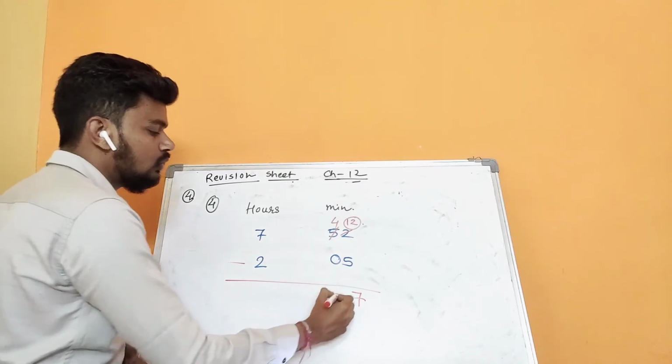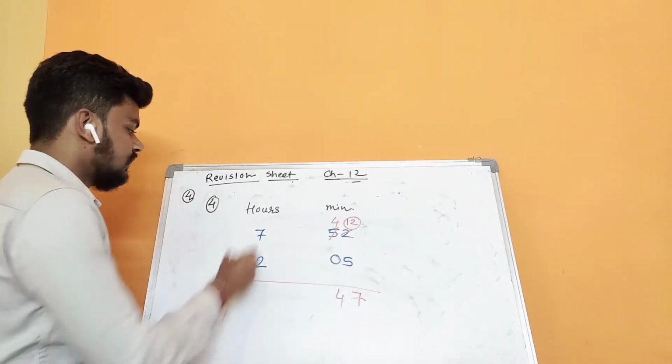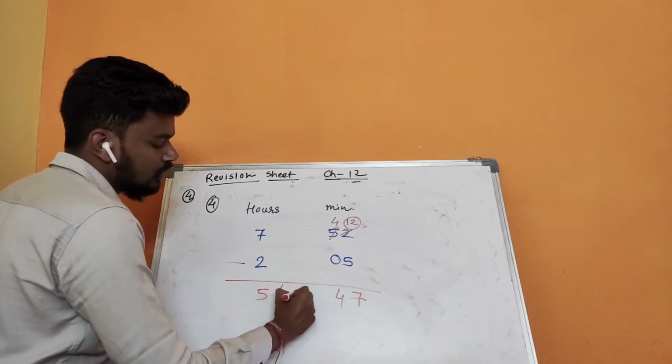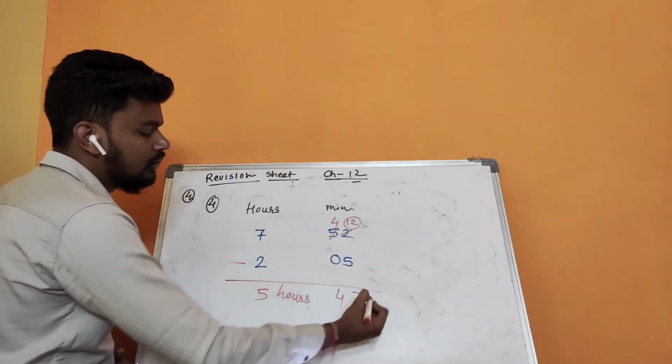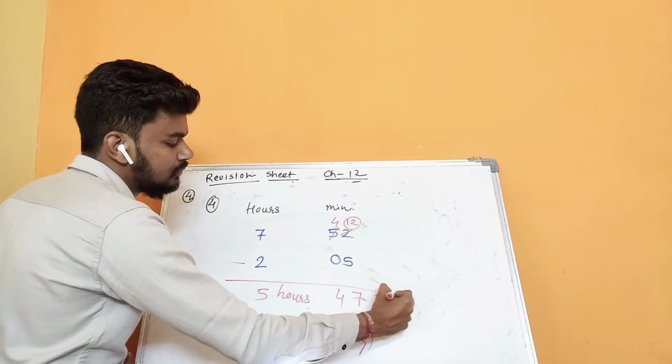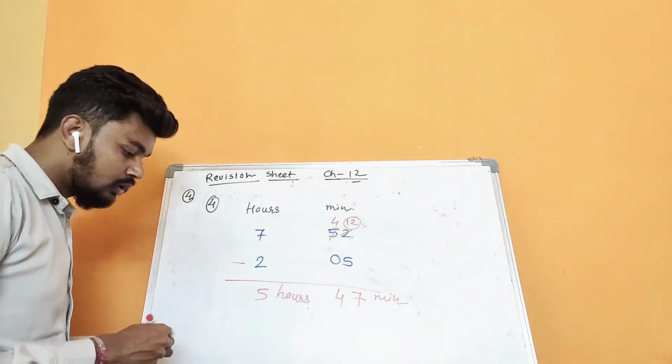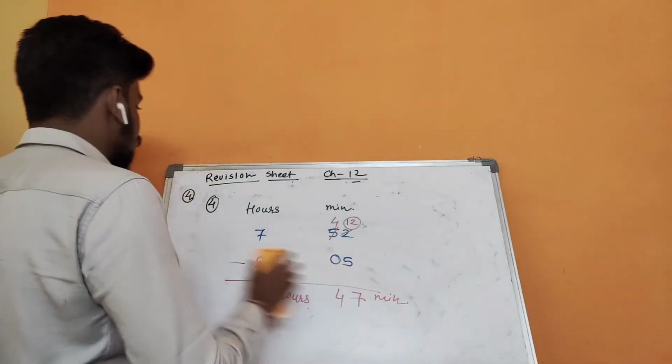4 minus 0, 4 as it is. 7 minus 2 remains 5. So the answer is 5 hours and 47 minutes, right? Okay, so that's how we have to do all these kinds of questions